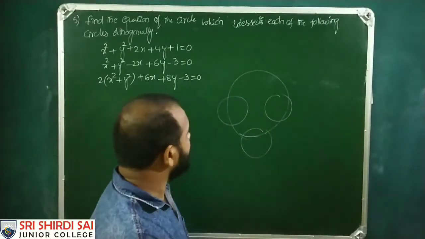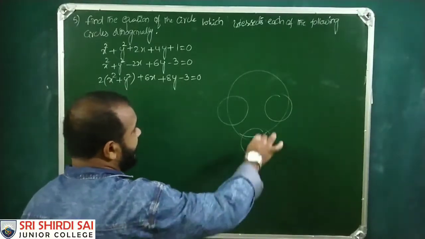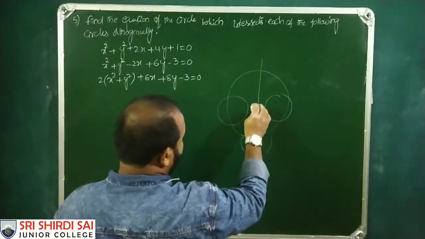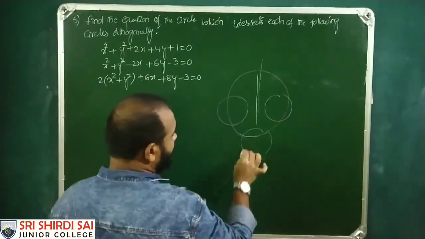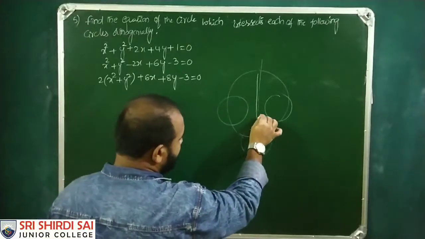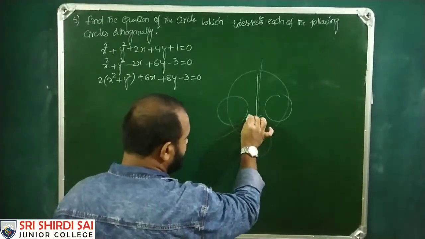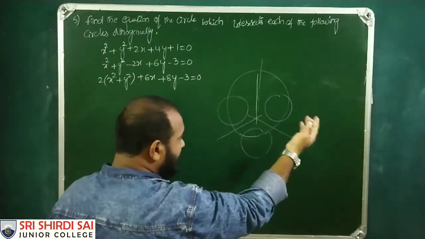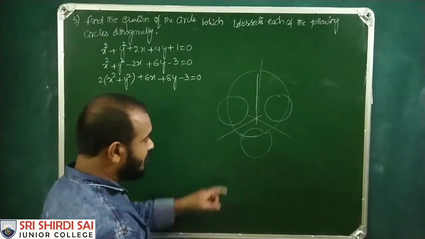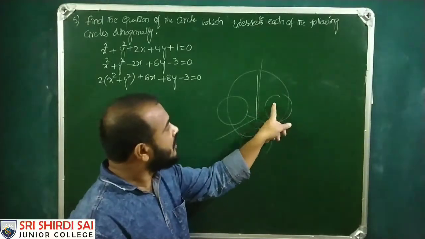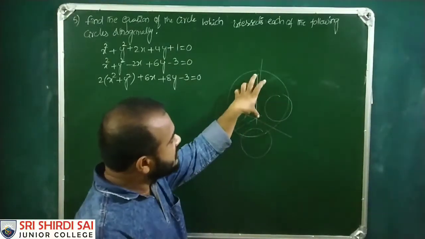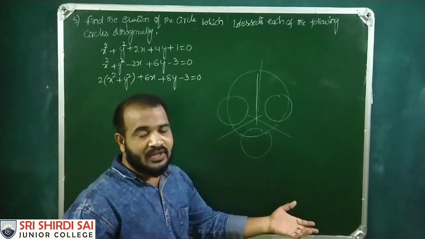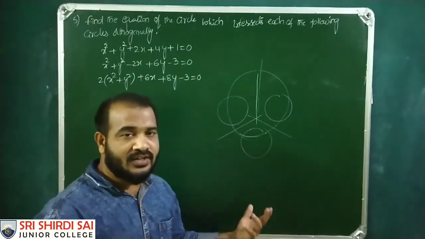Otherwise, the next concept is the radical axis. These 2 circles, you find the radical axis; these 2 circles, you find the radical axis; these 2 circles, you find the radical axis. This radical axis is nothing but a line. So this is S equals to 0, S dash equals to 0, and S minus S dash equals to 0 is a line L. Likewise we will be getting 3 line equations. If you solve, then also you will get the answer.